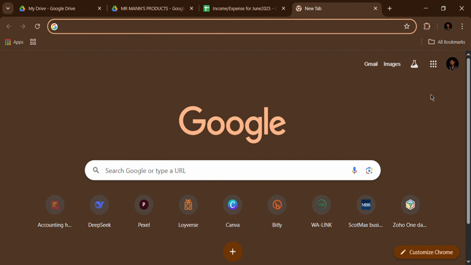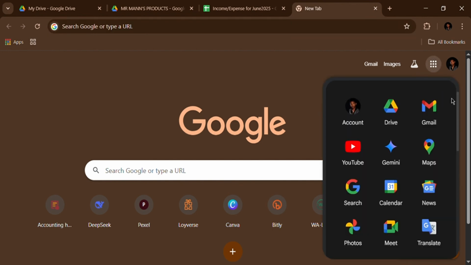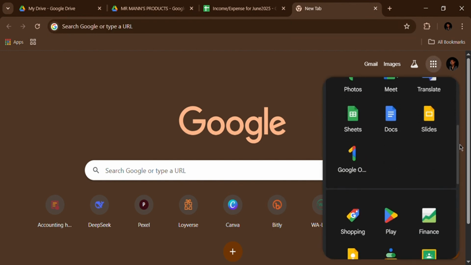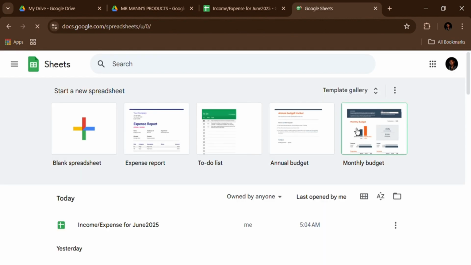But when you're using the Chrome browser, you just come on here, make sure you're logged in, and then you click on these nine dots here, which say Google Apps. Once you click on it, you scroll down, and then you'll see Sheets right here. Then you click on it, and when it opens up, this is the first page you will see. These are templates that you can use to start, right? These are already designed templates from Google. But what you want to do is click on the blank spreadsheet,